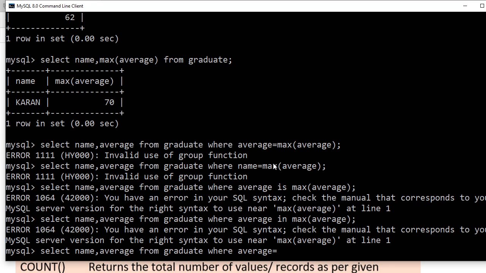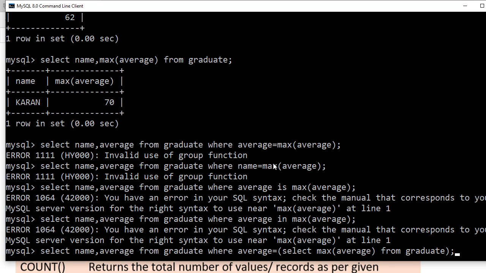Maximum average will not come as only max average here. Since you are using an aggregate function, it should have a full select statement: select max average from graduate.